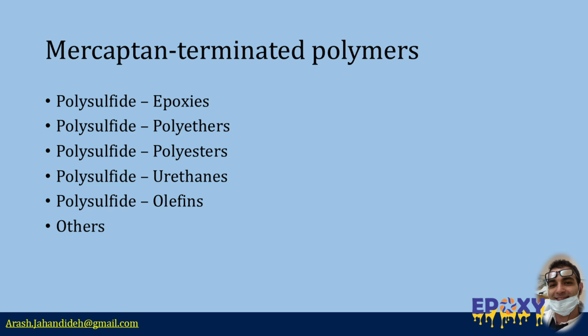Another notable category is polysulfide-terminated olefins. For instance, branched-chain mercaptan-terminated polybutadiene has been prepared by polymerizing polybutadiene with xanthogen disulfide, followed by pyrolysis. Other approaches involve reacting conjugated dienes with sulfur, then hydrogenating the resulting products to obtain low molecular weight polymers bearing